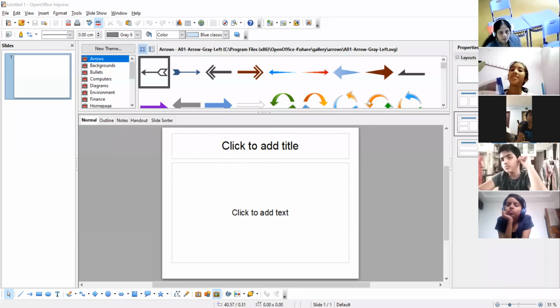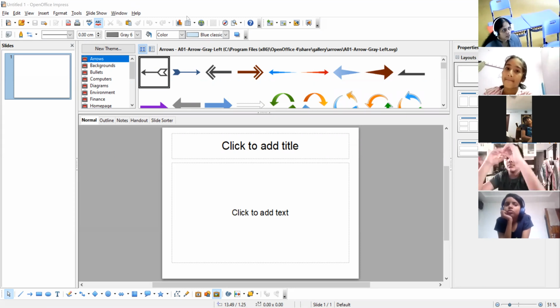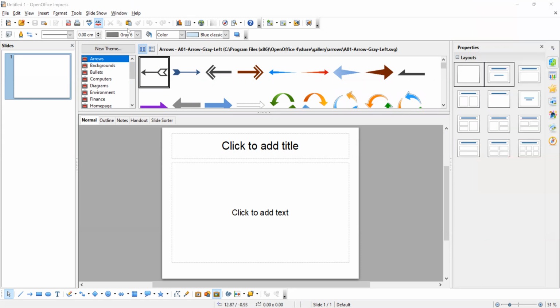Now this is a screen of OpenOffice Impress, means presentation. Where can we see the animation here? On this side we have seven icons.